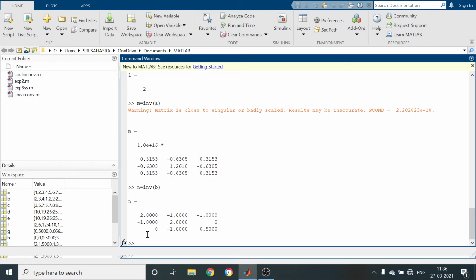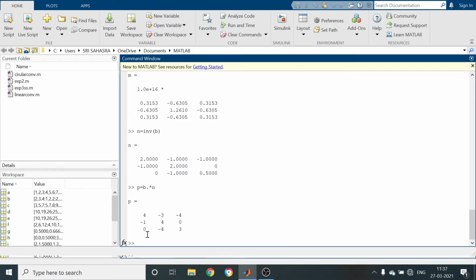Here you are going to get proper elements. Next, I am going to state P equal to B star N, where N is the inverse of B. So here you are going to get the identity matrix.